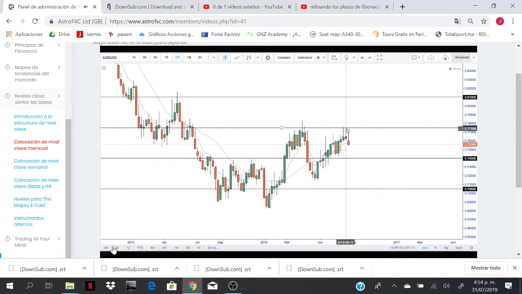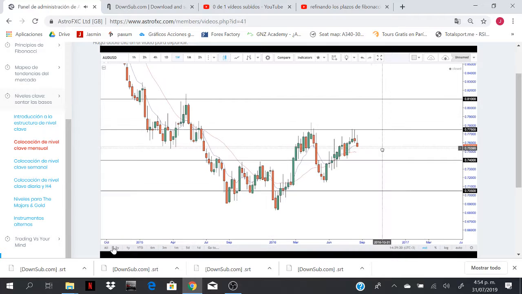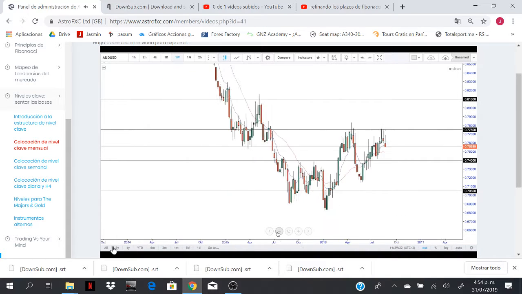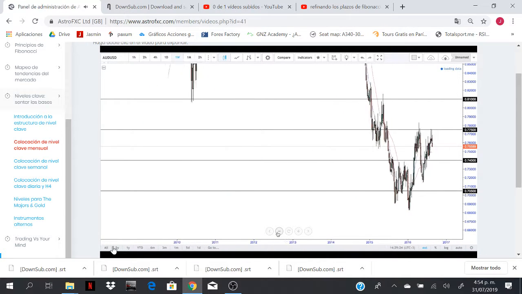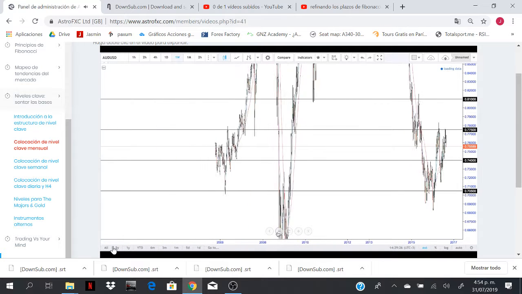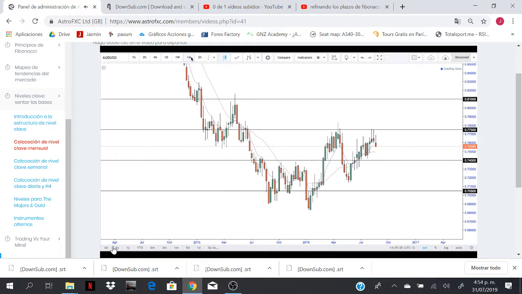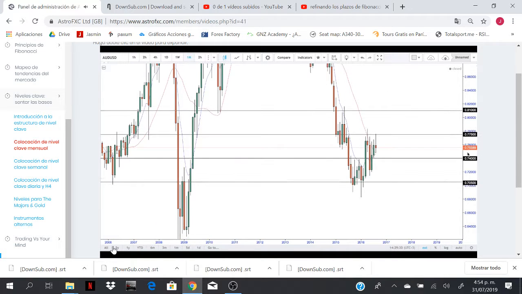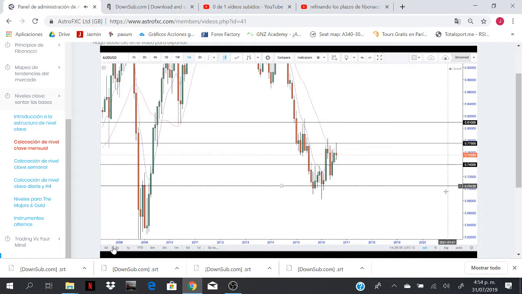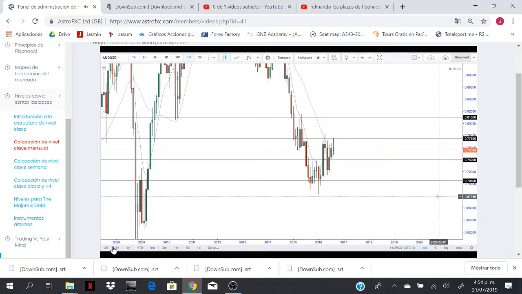So as you can see, the 00s and the 50s are very, very important, trust me, on all time frames, on all currency pairs. You can go back in time, you can see confluences here, here, and here. So anyway, what we need to do now on the monthly time frame is, once we've plotted those levels on there, so this is the Aussie dollar,